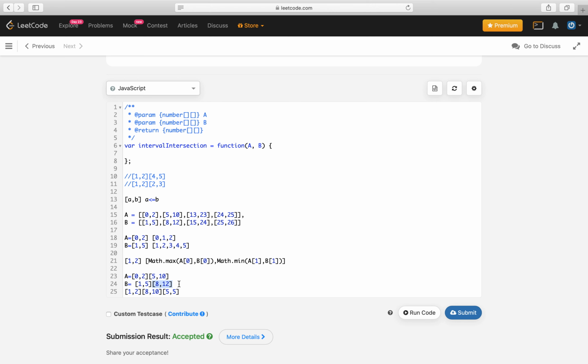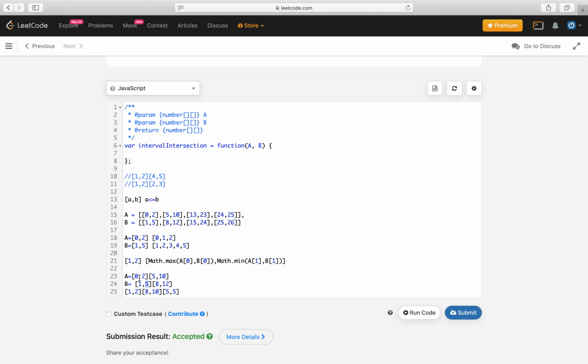So how do we move between list A and B? We need to understand that we can make use of the endpoint of each pair. The pair which is ending first has more probability of keeping one of the shared interval of the next pair.